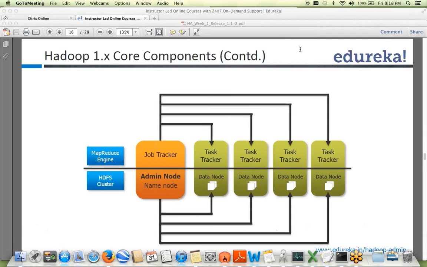So Nanda Kumar has another question. Is it necessary to have all the task tracker or data nodes in a cluster to be of the same hardware config, or is it ideal to have them of different hardware config? So definitely it's ideal to have the same config, but it does not always happen, because when you are talking